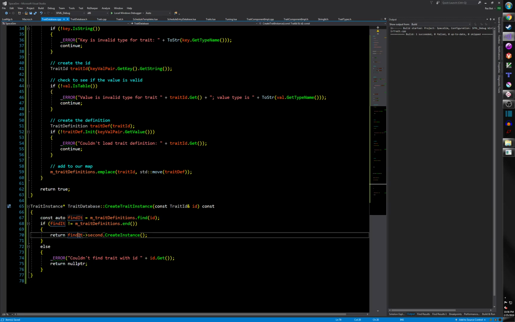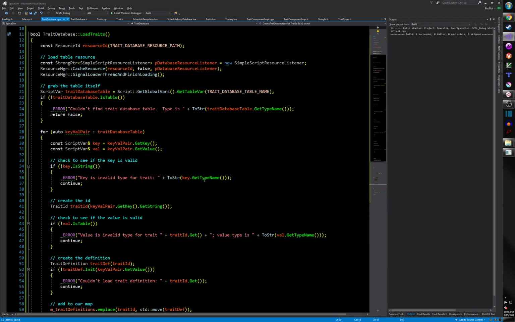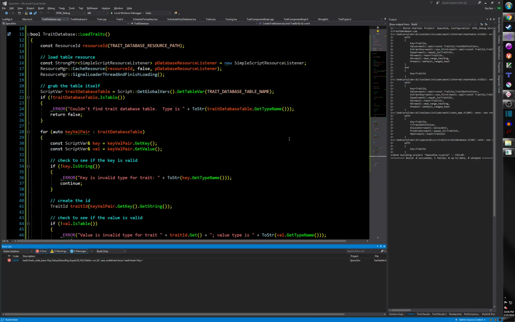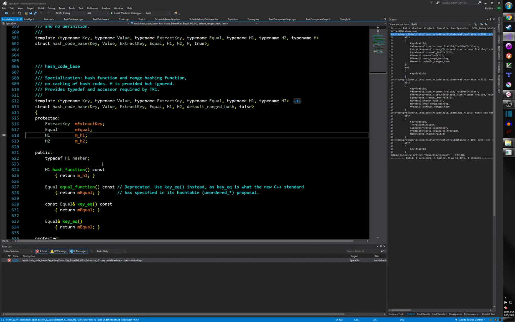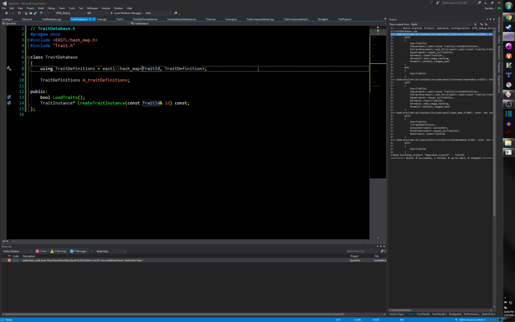Hooray. So that's right. So it's going to grab the second thing and call create instance. This should be good. I'm going to compile this and see what happens. It doesn't build because something's going on here. Oh, I know it's wrong. It's this guy. The problem here is technically trait ID is a string ID, and it doesn't know how to hash that. Fortunately, I do, which is, oh god, EASTL